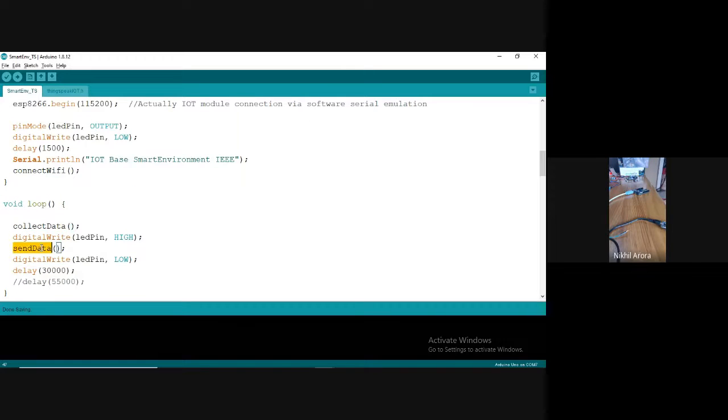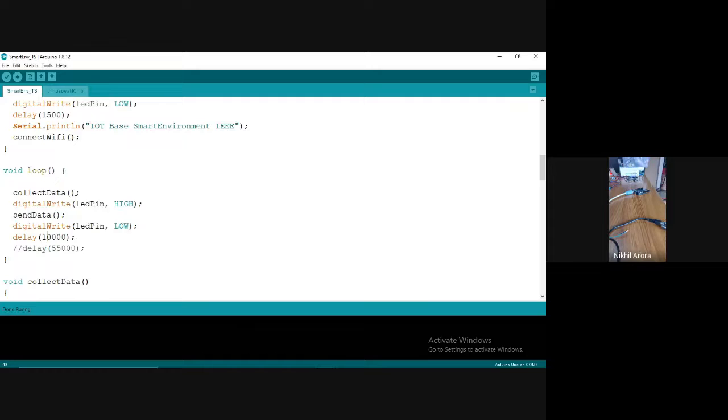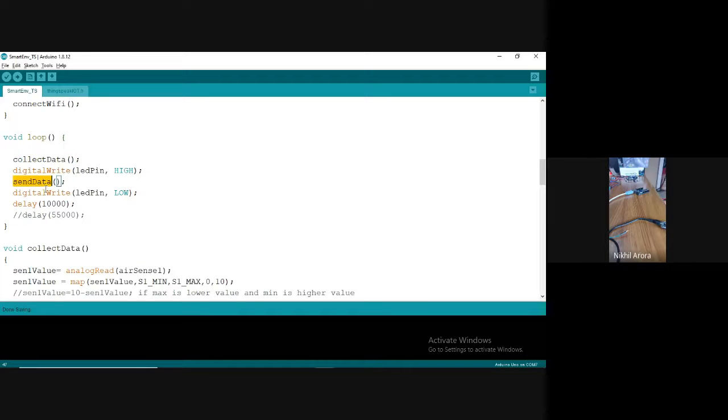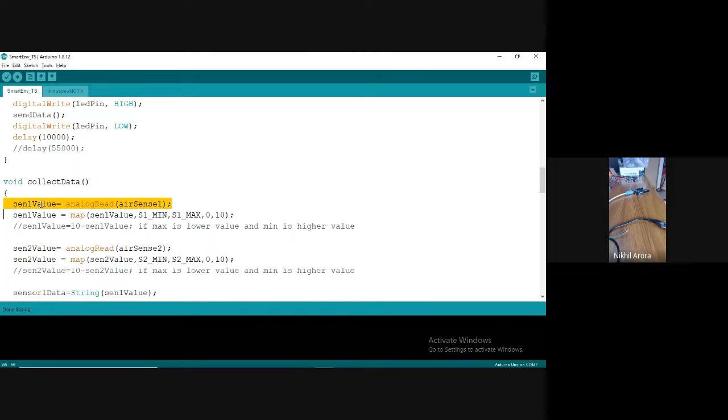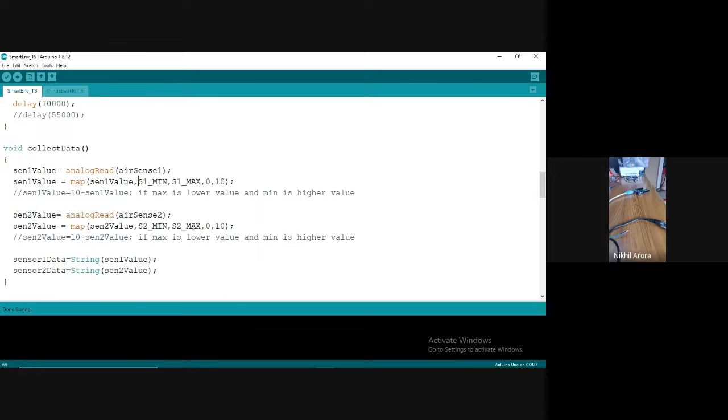Collect data, send data. Collect data, send data. That much only you do, every 10 seconds. Okay. Now, what is collect data and send data? So, collect data is reading the sensor value. You read the sensor value, map the sensor value. Mapping, if not required, we can also ignore it. Okay. So, I'm not mapping it. Whatever is coming, I'll simply transmit.